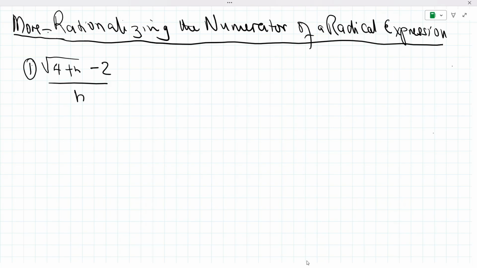In today's lesson, we will learn more about rationalizing the numerator of a radical expression. And given the first example we have there, we will try to rationalize the numerator part of our fraction. So, as we've done in the previous lessons, we have to multiply the numerator part by its conjugate. So that means we have to multiply the top part